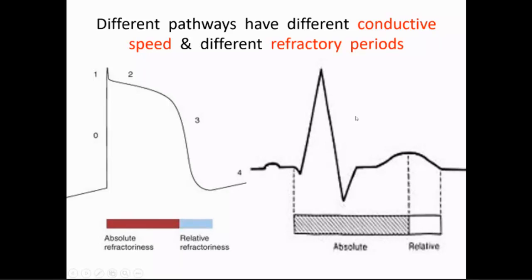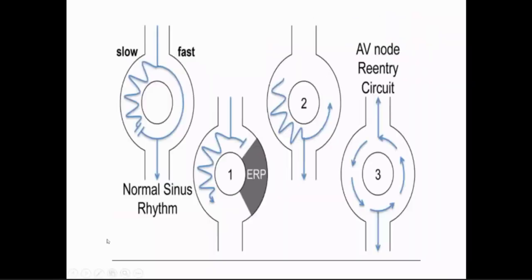فهاي السيلز الباث ويز تختلف بها الابسوليوت والريلاتيف ريفراكتورينس، فلهذا يكون سلو باث واي شورت ريفراكتوري بيريد، والفاست باث واي يكون بها لونج ريفراكتوري بيريد عكسها. فلهذا راح يصير الاختلاف بالكوندكشن ويصير ريتروجريد كوندكشن مثل ما شوفتكم بهاي الصوره شلون راح يصير بها